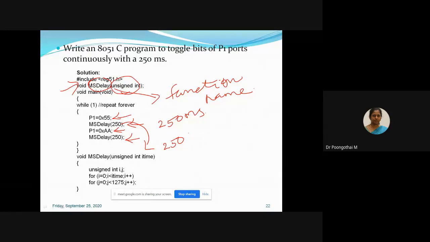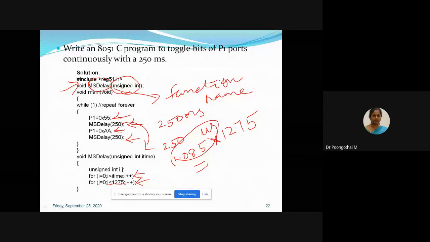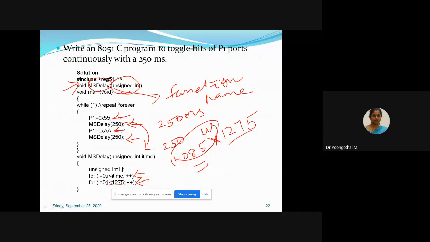Here the inner loop is 250, and the outer loop is 1275 times. So multiply 1.085 microsecond into 1275, an approximate calculation. This is your microcontroller frequency; 1.085 microsecond is the microcontroller time period. Multiply this value by 1275, the maximum value given in the loop. So what is the value?